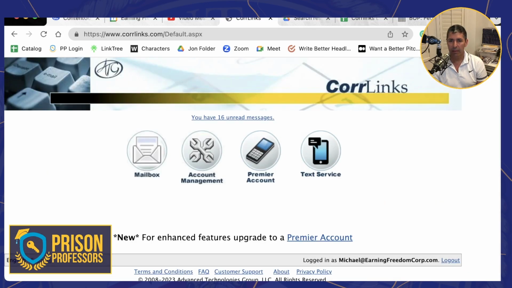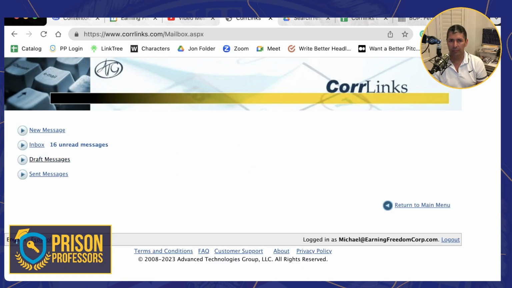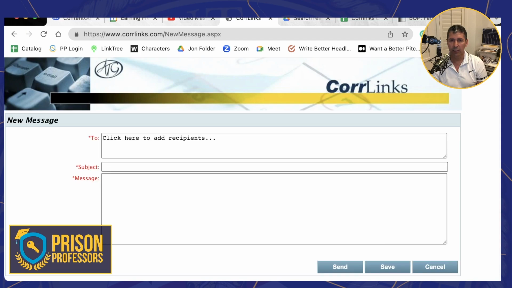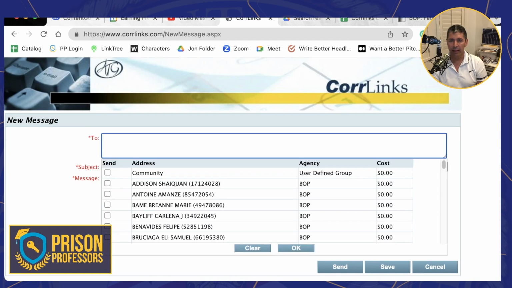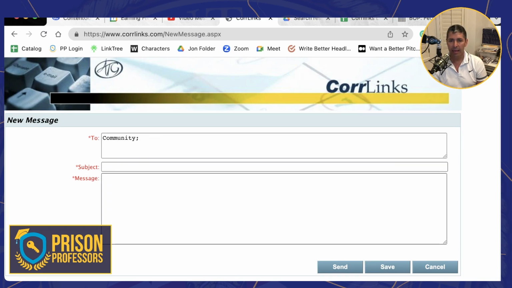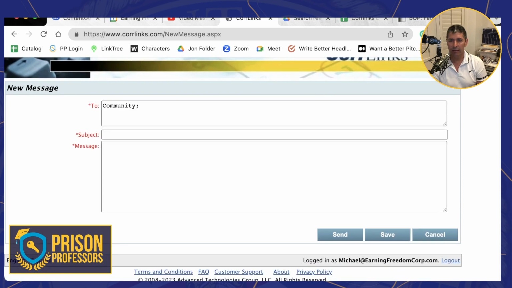Now I can go to the mailbox, and now watch what I can do. I can go in here to new messages, and when I hit new messages, if I hit community, it goes to everybody in that list. So I hit OK, and then I could go ahead and type my message and save and send my message. But I don't want to do that yet. I'm going to wait until maybe tonight or tomorrow